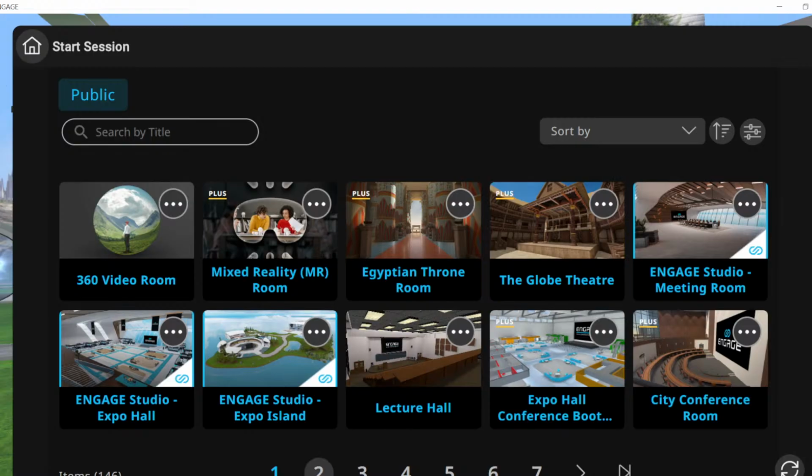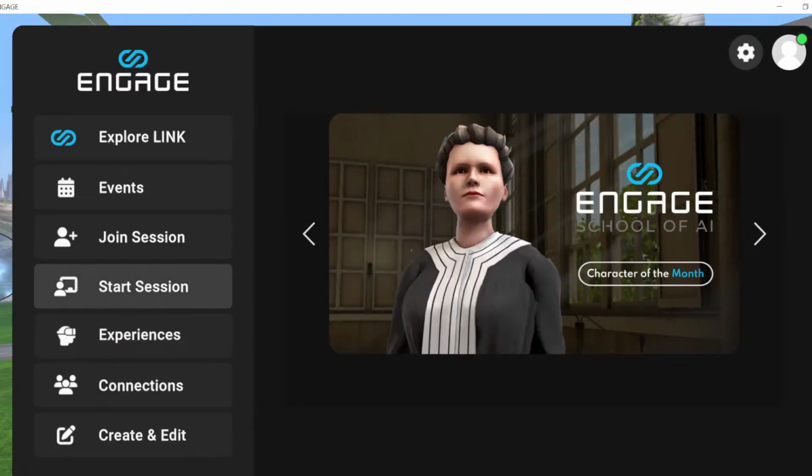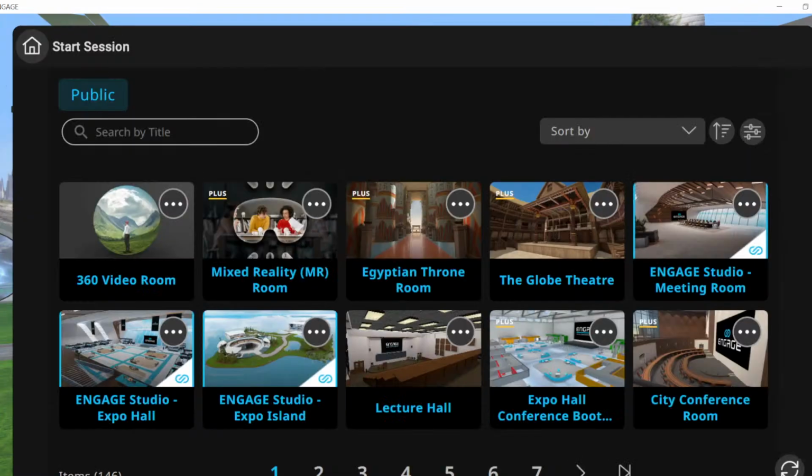Each one of these are templates that are within Engage, and they will allow you to go to those templates, and then you can build on those templates, or you can add content creation to those templates. Now, if we go back to home, the next one is start a session, which is basically the same thing. You can go to a location and start a session, and in that session you'll have different